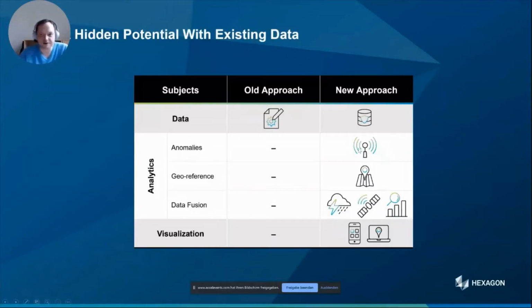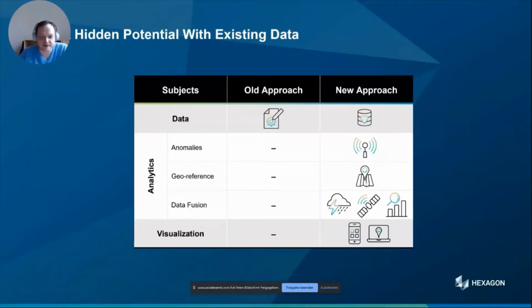For example, a light bulb is flickering, and I get this information back from a sensor. With the georeference, is a bigger area affected, or is it just happening on a single spot? And then I can also enrich it with data fusion, to combine it, for example, with weather information or statistical information, which are normally not linked to this information coming from the sensor.